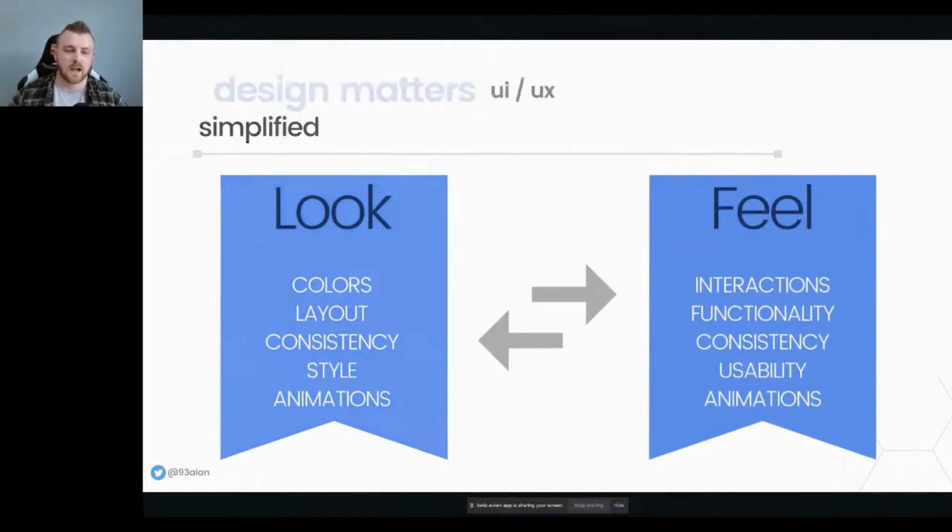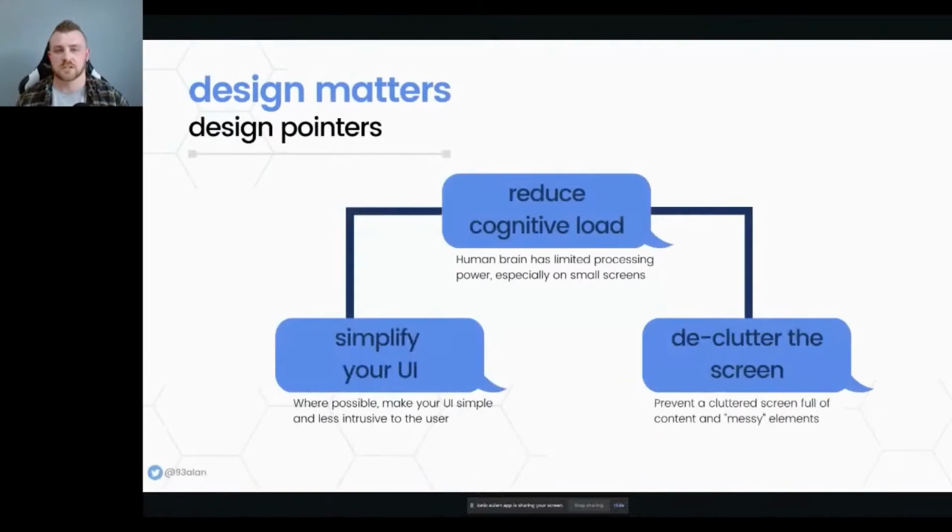So the next slide, I'm just going to give you some design pointers here. There are a few design pointers that we can keep in mind when developing and designing our mobile apps as a developer. One of the main ones is reducing the cognitive load. The brain has limited processing power, just like computers, especially on smaller screens like your mobile devices. We too can run out of memory when we're presented with lots of information to process on a